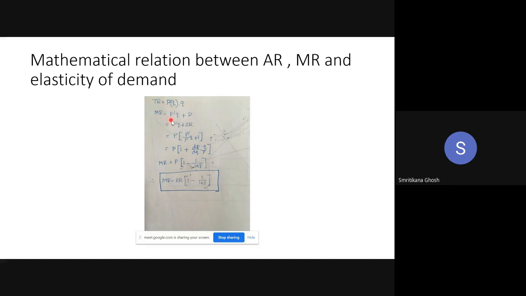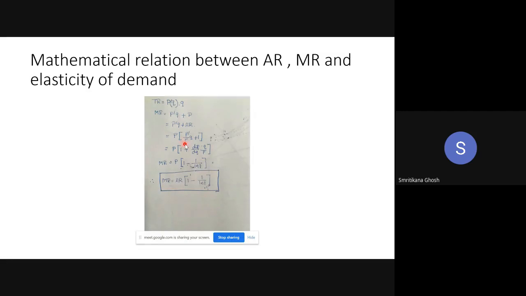You know, P prime is nothing but the slope of the demand curve. So here, you already know what is AR. AR, that is average revenue, is nothing but the price. So I am replacing P by AR. Okay, fine. You may not write it because in the next line I am taking P as common. Then you are getting P prime by P into Q plus 1. Okay. Now you can understand what is P prime. P prime is dP/dQ. So if I am taking 1 by P prime, that will be dQ/dP.